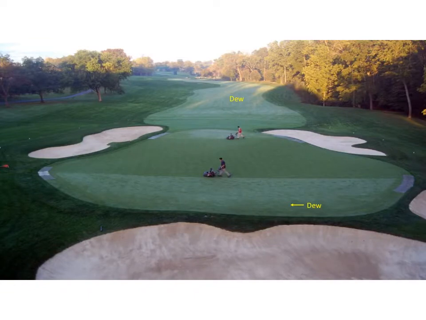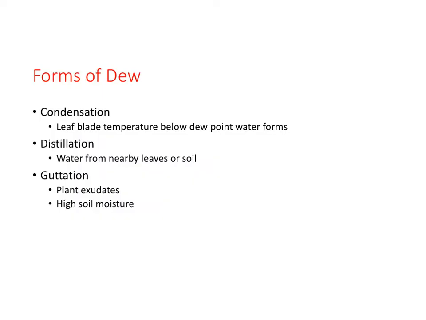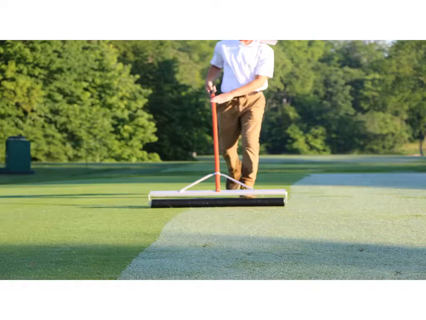Dew most readily occurs under clear, cool nights with a light wind. There are three components to dew: condensation, distillation, and guttation. Each will be covered briefly. Using a clear, cool night with little wind as our dew-forming process, the radiative cooling from the leaf results in the leaf blade becoming cooler than its surrounding temperature, causing water vapor in the air to condense on the leaf.